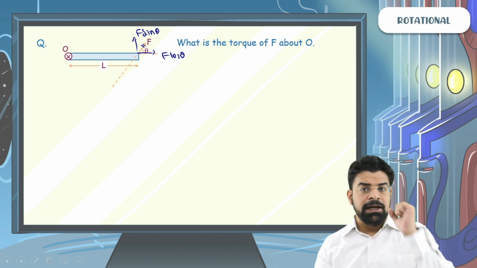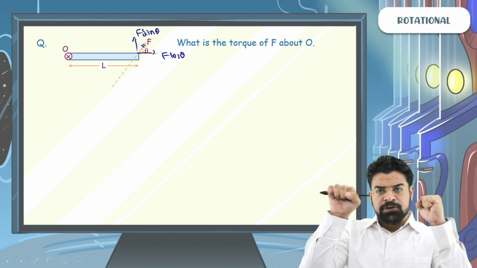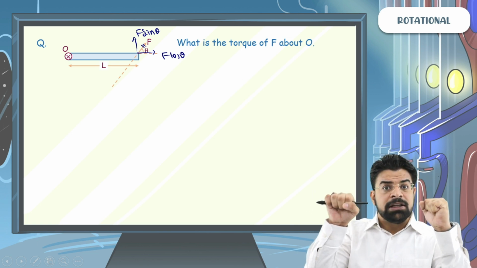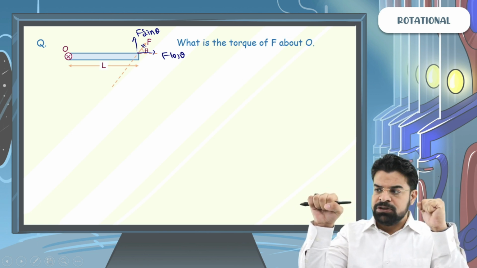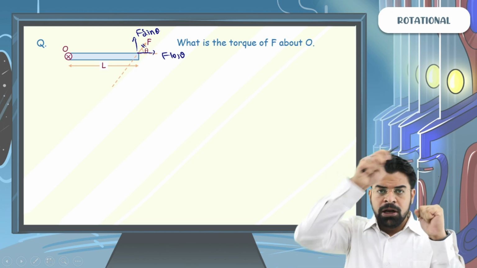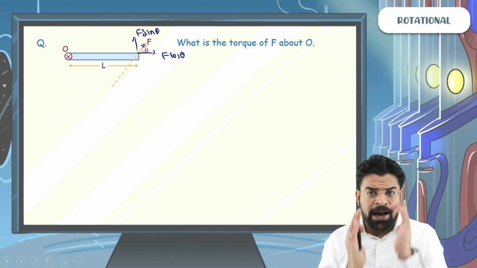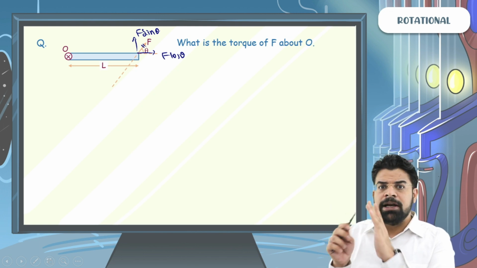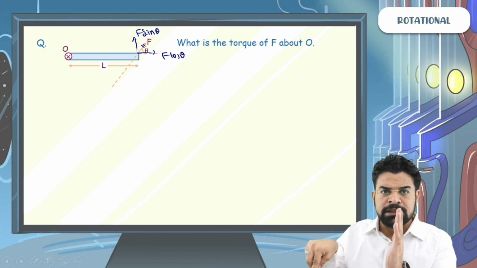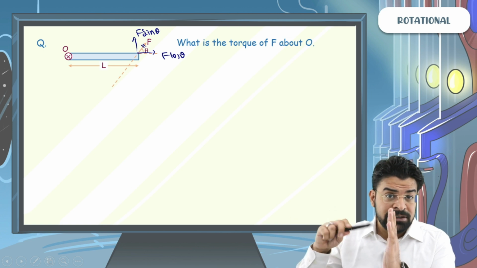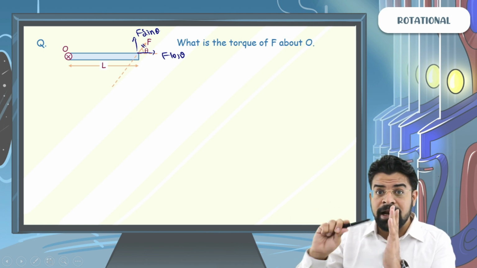Now think of the hinge at O and think of the force of F cos theta. F cos theta is trying to elongate the length of the rod. It is trying to stretch the rod, while F sin theta is trying to rotate the rod. Now, if I ask you, look at the figure and tell me, is this F sin theta trying to rotate the rod anti-clockwise or clockwise? So this F sin theta is trying to rotate the rod anti-clockwise.